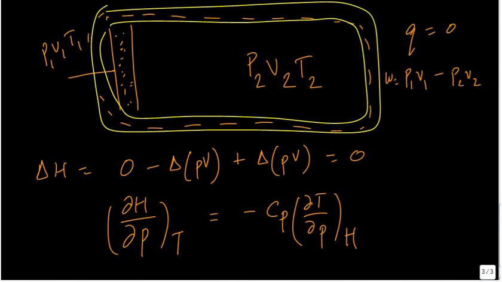So, what does this say? This fellow, dT by dP at constant enthalpy, is also known as the Joule-Thomson coefficient. And different books have different notations. And I think what Atkins says is it's eta, which is the Joule-Thomson coefficient. And this fellow, Atkins calls eta T maybe, because this is isothermal Joule